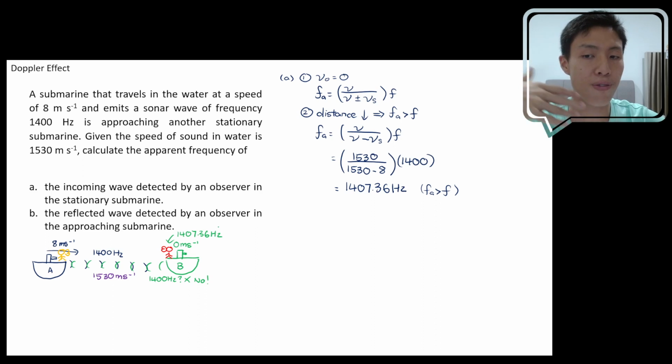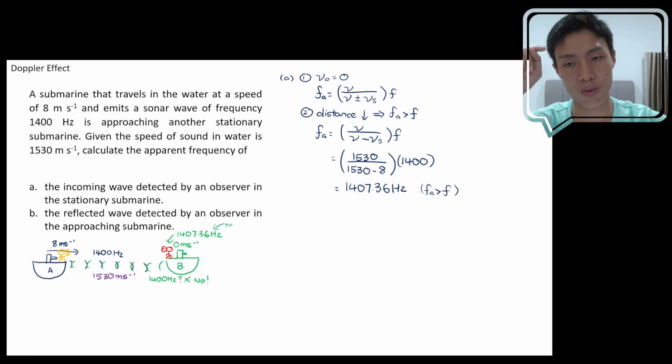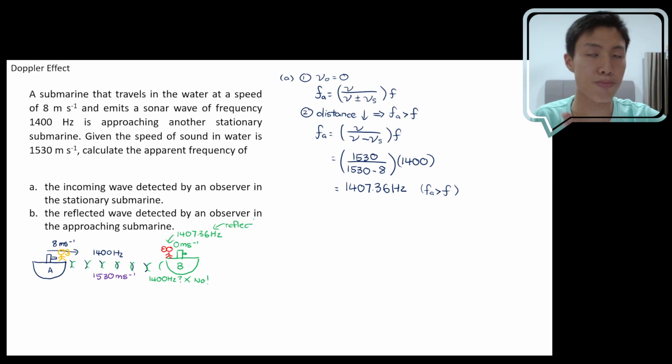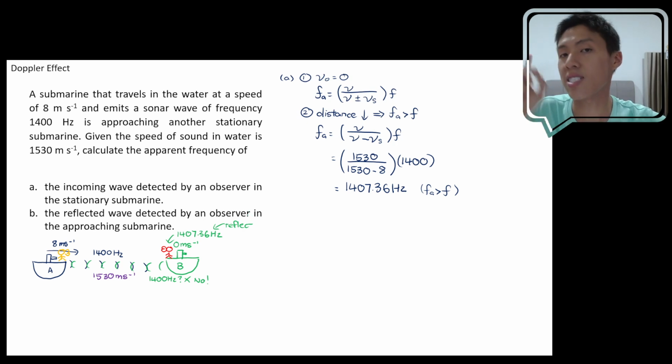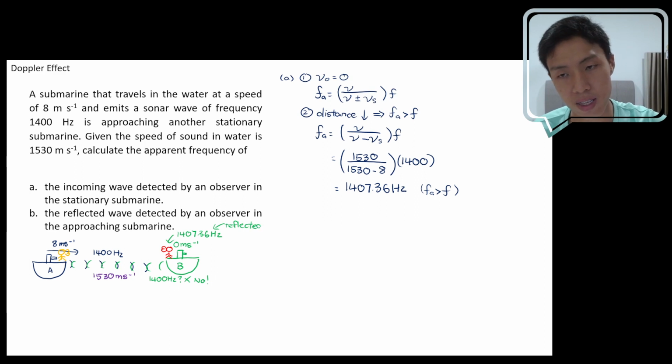So what reflected off submarine B should also be higher than 1400. This is the reflected wave frequency, because this is what arrived at submarine B. So what reflected off submarine B should be the same as what arrives at submarine B. So the frequency of the wave reflected off submarine B should be